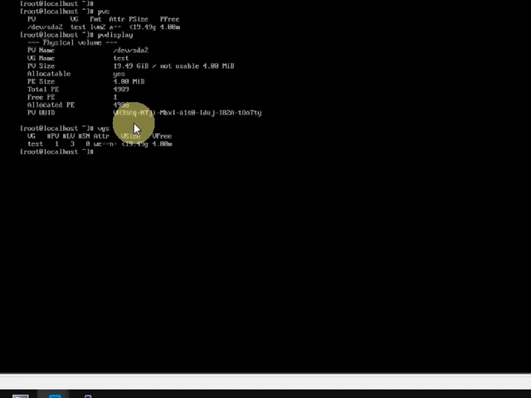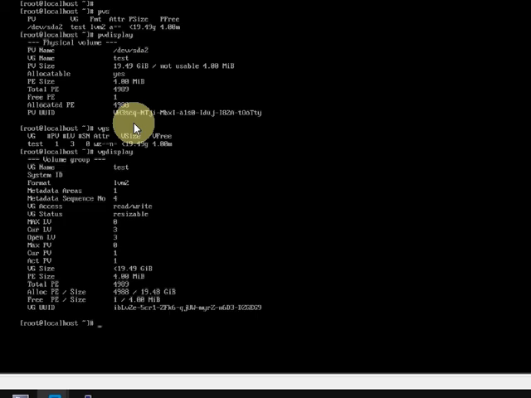The total size of the volume group is 19.4G. It is equivalent to the single physical volume. If we have multiple physical volumes attached to this volume group, the size will be the sum of all the physical volume sizes. Another command is vgdisplay. You can see the same thing here.